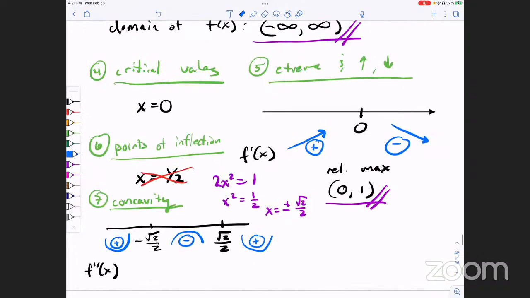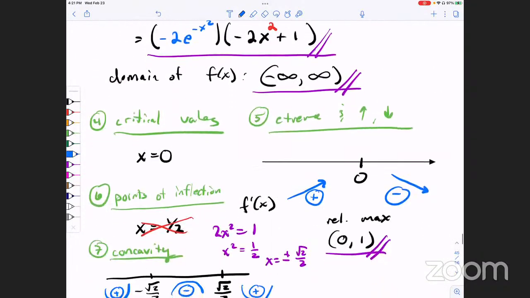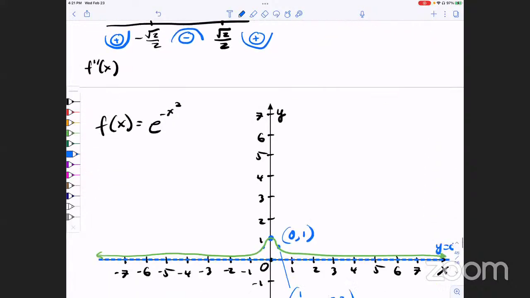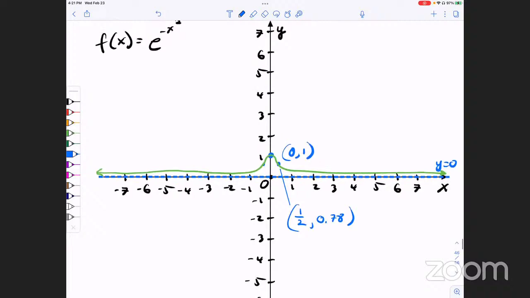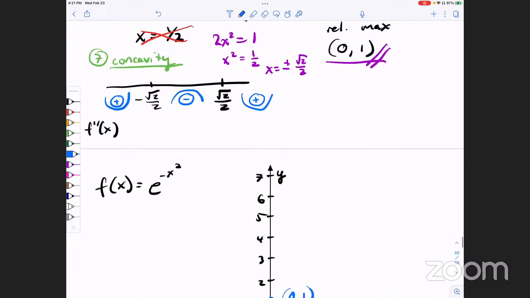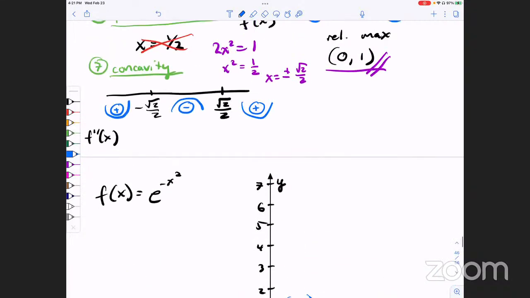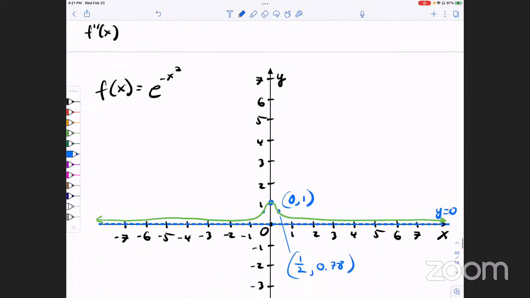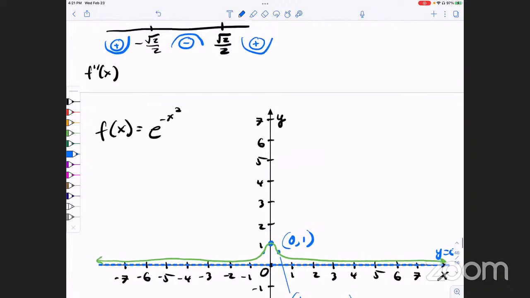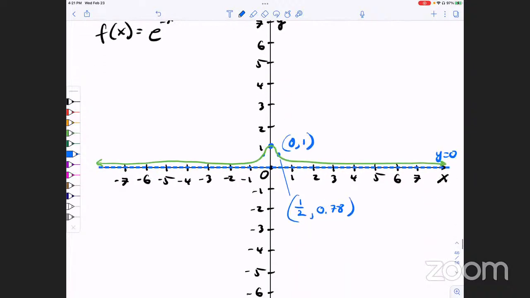We said that this was a relative max, right? I think this is okay. And these numbers, it really should be root 2 over 2, and then we need to plug that into the original. If that's a square root of a half, that's a square root of 1/2. When you square, you get a half, so e to the half. So then, to be more precise,